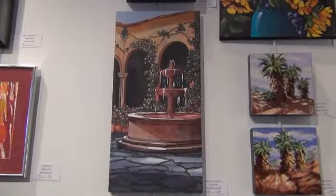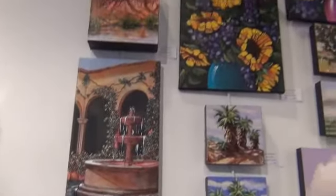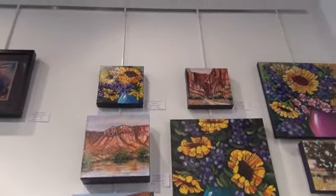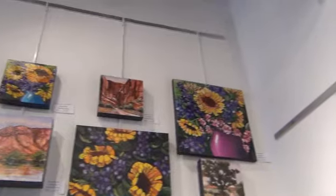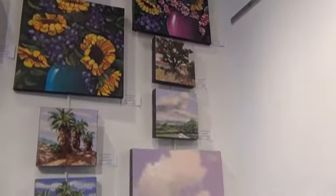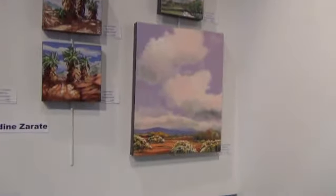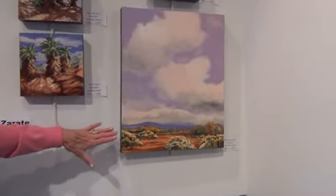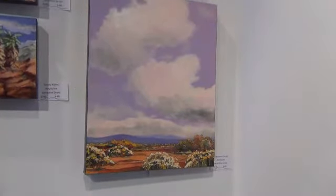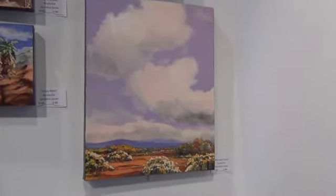She has some lovely scenes here. She has landscapes, and then of course her signature sunflowers. Just beautiful. And this one, look at these wonderful clouds. She has kind of a combination of two styles here, the light and airy abstract